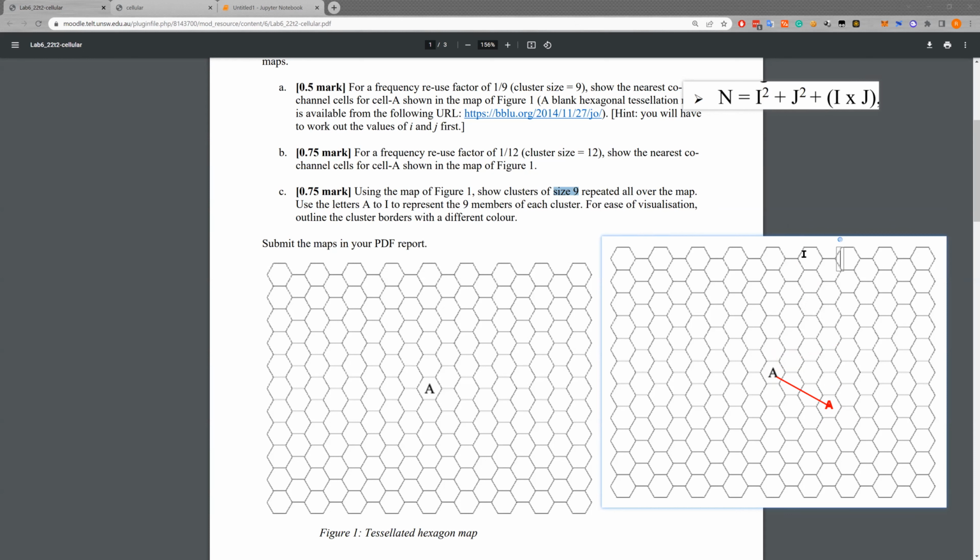Then we figure out where another A is. Then we can arrange them, because we already know the clustering number is 9, which means we need 9 different kinds of frequencies. So we can represent them with different letters: A, B, C, D, E, F, G,